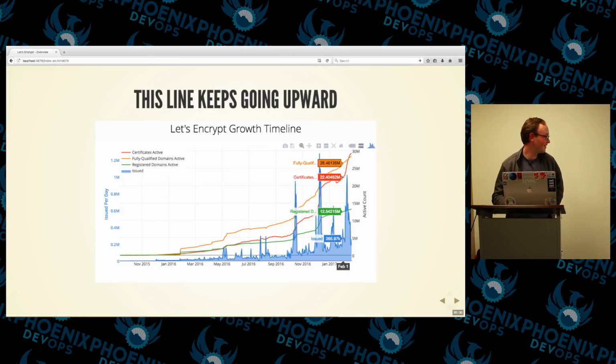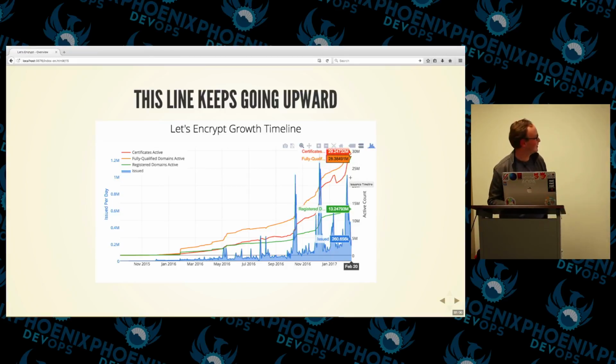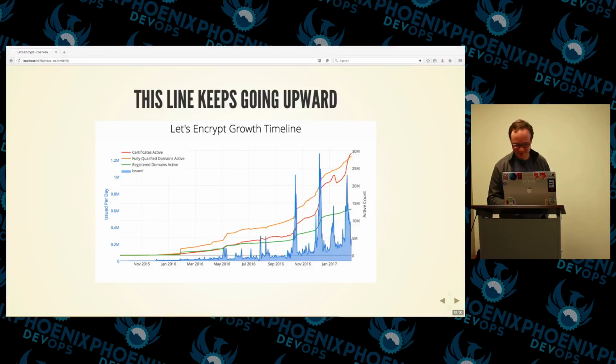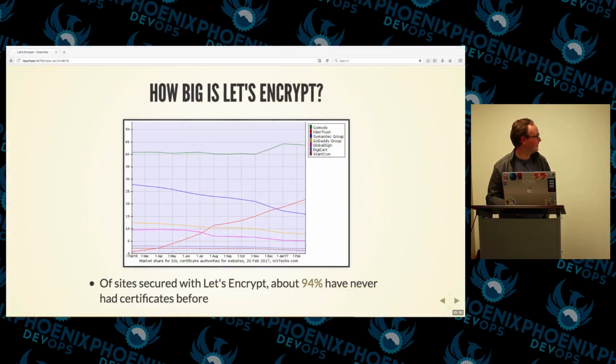It's over here at the 29 million certs, covering 28 million unique, fully qualified domain names that map to 13 million actual registered domain names right now. And that's active certs. The growth is crazy. And it only entered general availability on December 3rd, 2015. So it quickly has gotten to the point where...